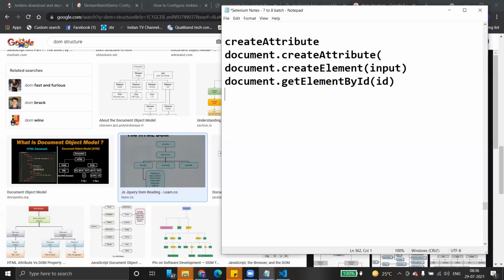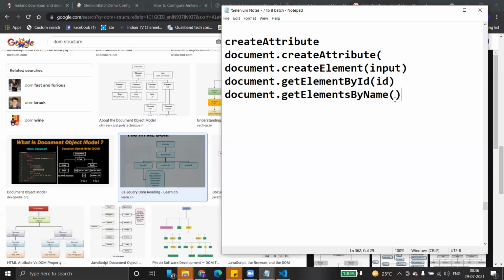Similarly, if you want to fetch a list of elements by name, there can be multiple elements with the same name, which is why we use the getElementsByName function. The difference between ID and name is that an ID is unique, so you can fetch only one element. But a name is not unique; we can have multiple objects with the same name. Hence, we use getElementsByName.